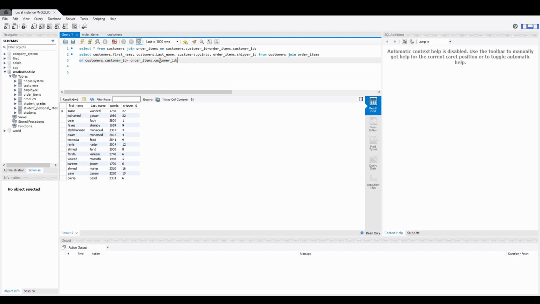You can join more than two tables with each other. I will write a query to explain this point, like select all from customers join order items on clause, customers table, customer ID column, its primary key, equal order items, customer ID,